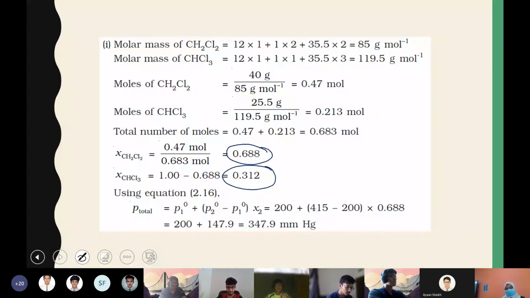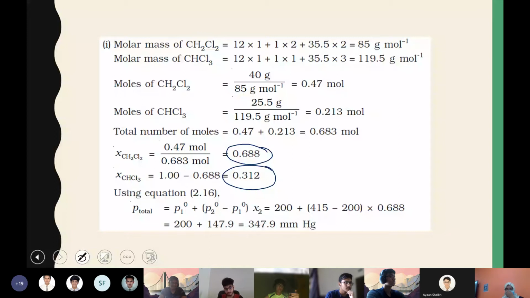Ma'am, I guess you'll get only 0.31 if you take it as 0.6. Ma'am, this is 0.47 on the top. Why we took a different value? We took it as 0.21. We divide 0.213 divided by 0.683, then we get 0.3118. But if you do 21 and 68 with two digits, then we get 0.308.